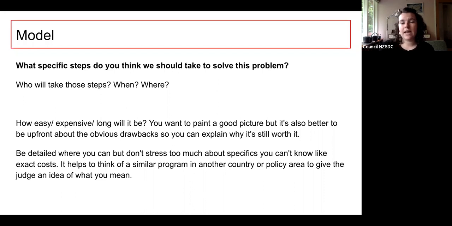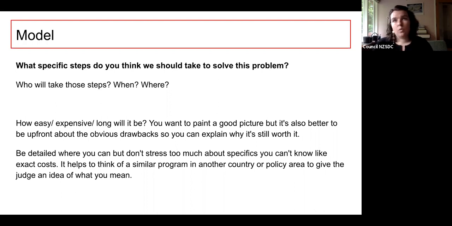One thing that's really important is that people often stress out about thinking, oh, well, I don't actually know how much it would realistically cost the New Zealand government to overhaul the education system. So how am I going to build a model about this education debate? That's fine. Nobody expects you to have a detailed understanding of the government's expenditure policy on education. Just a rough idea of whether you think that this is a big change or a small change, if you think it's easy or hard. And the way to get to that is to think about, is there anything else that you can think of that's similar? And how did people feel about that similar change?